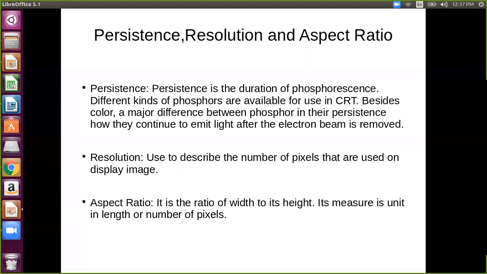Consider that duration: when the electron strikes the phosphorus the light is on and it emits light, and the duration of light emission while the electron beam is no longer there is persistence.